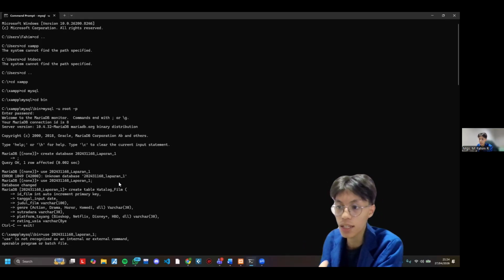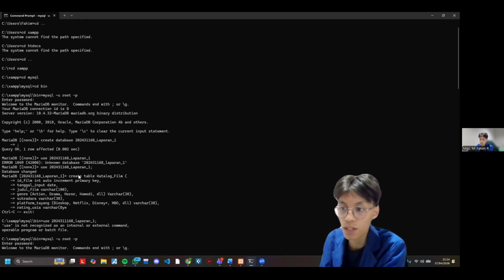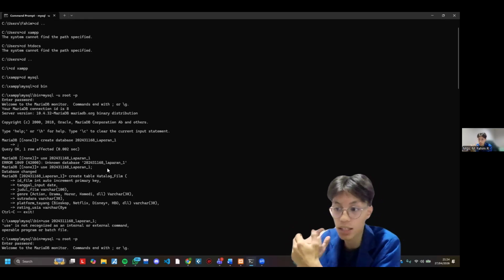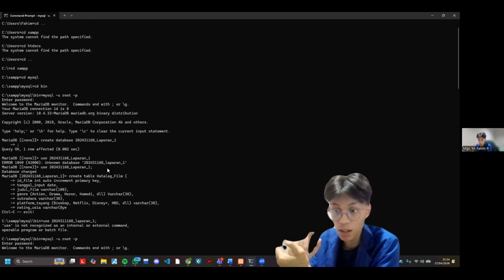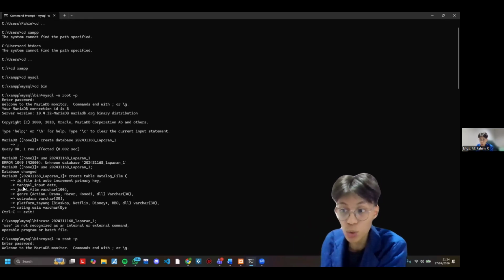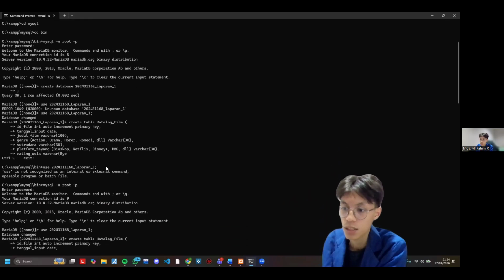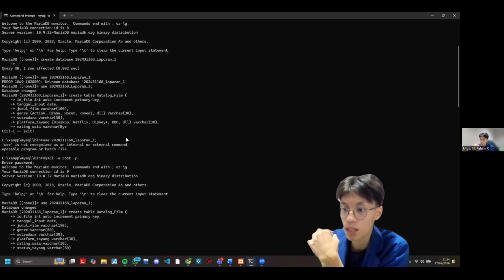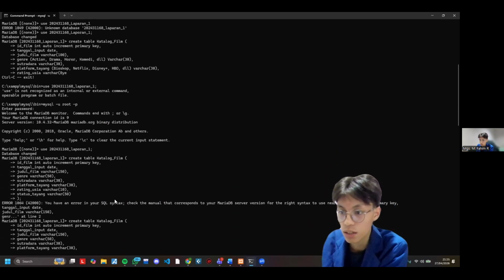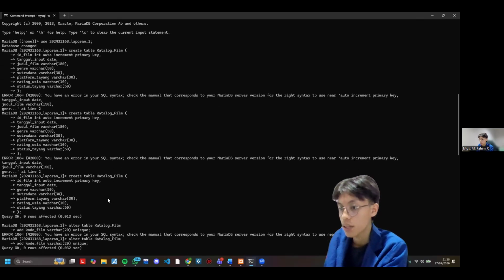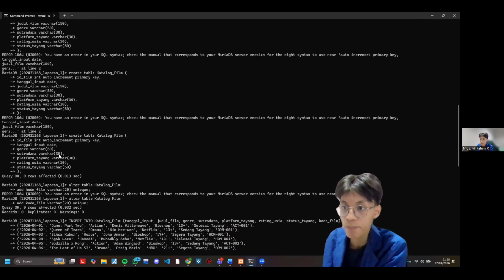When we are inside the database, we need to create the table. I use the function create table, and the name of the table is catalog film. This one has a typo, so I'll scroll to the right one. Okay, this is the right one.